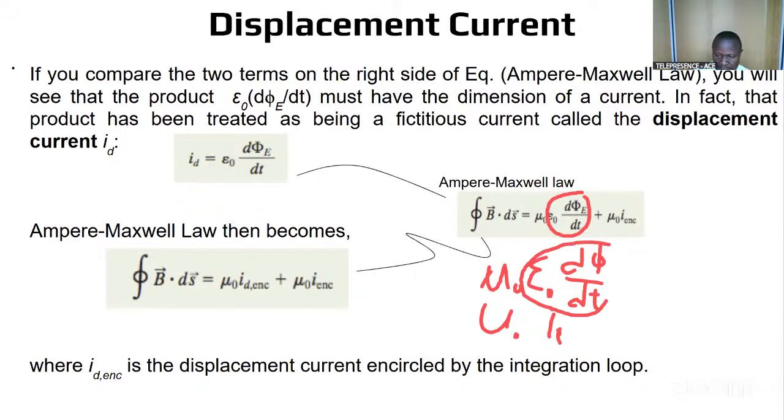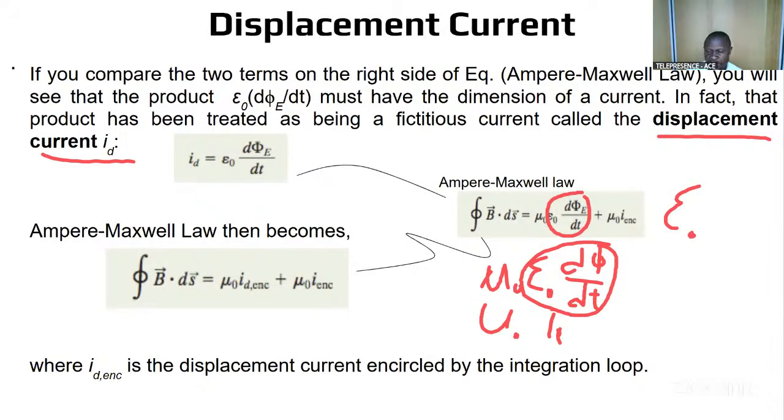So this must have the dimension of a current, and it is called the displacement current, I sub d. If you now replace this in the Ampere-Maxwell law, that equation will be reduced to this, where I sub d is known as the displacement current and is given as